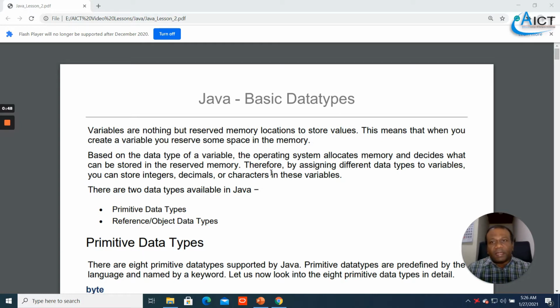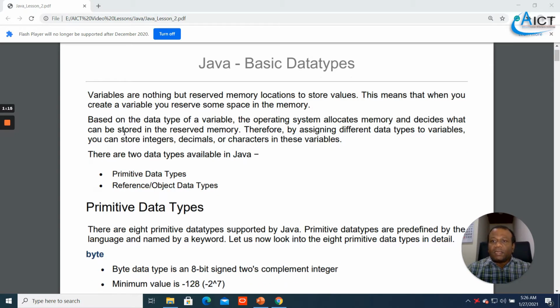So in normal mathematics, we don't need to define a data type for a variable. But in programming language, we will define a data type to manage the memory. Right? So variables are nothing but reserved memory location to store values. This means that when you create a variable, you reserve some space in the memory.